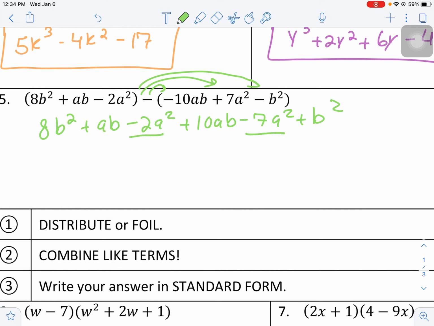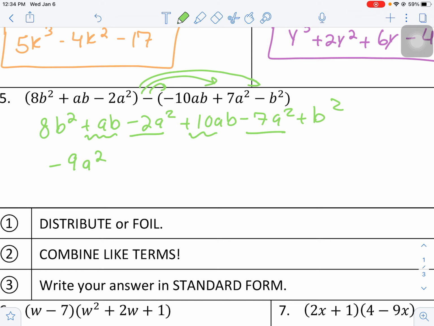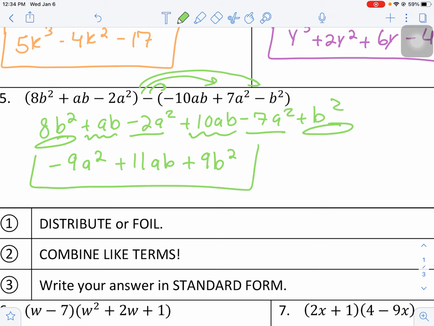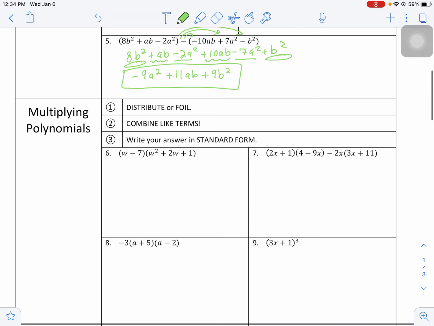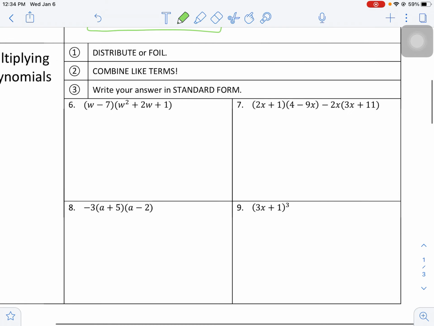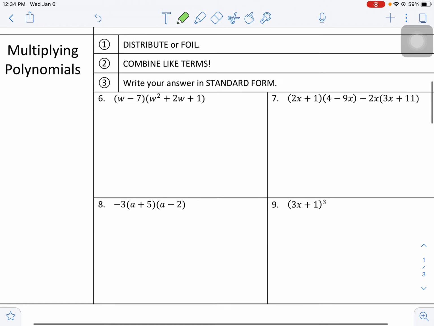So we have negative 2a squared and negative 7a squared, so that's negative 9a squared. We have ab and positive 10ab, so that's positive 11ab. And then we have b squared and 8b squared, so that's going to make positive 9b squared. And then there's our answer, just like this. All right, so that's adding and subtracting polynomials. Hopefully not too difficult. Next, we're going to look at multiplying